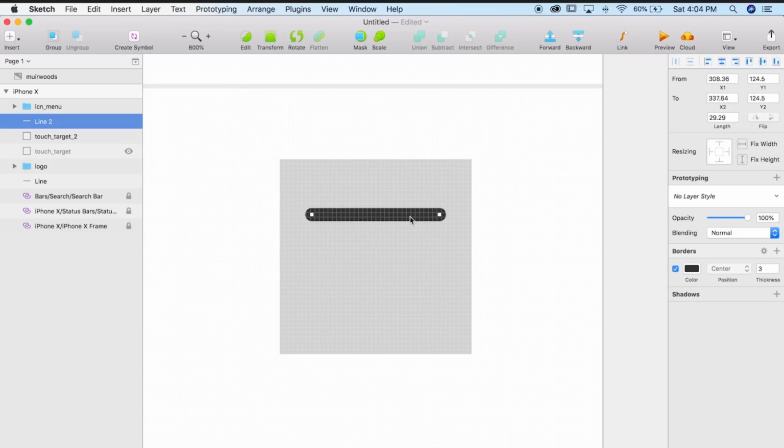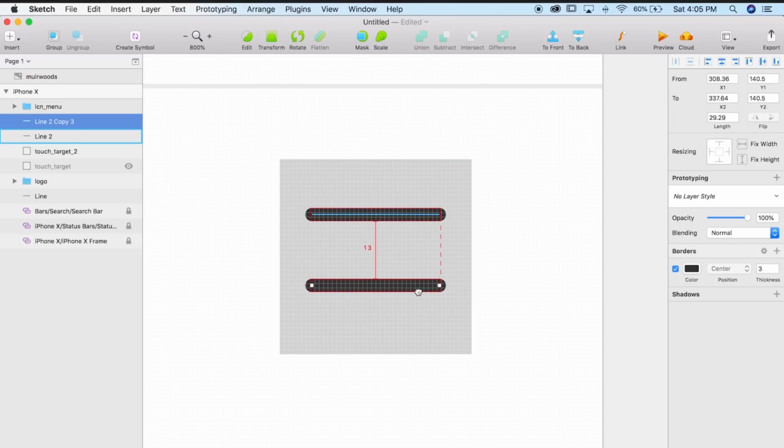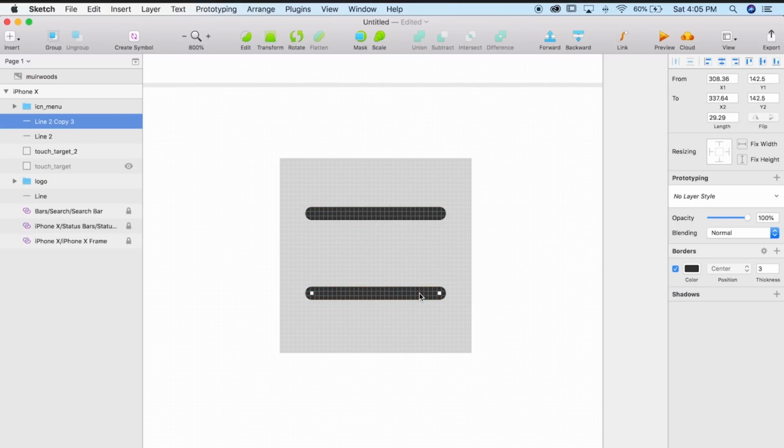Now I want to make a little shopping cart here. So I'm just going to quickly go through this. You're going to see, I'm going to time lapse this for the sake of time. But if you guys have any specific questions on this, you can message me. But essentially I'm just building this with existing shapes.